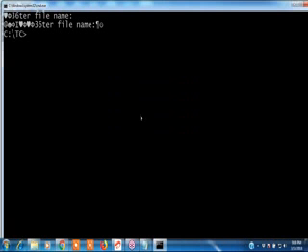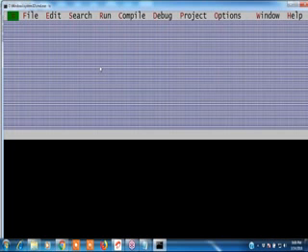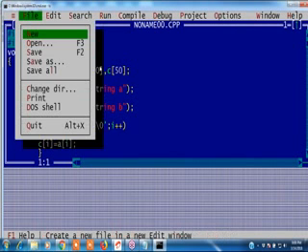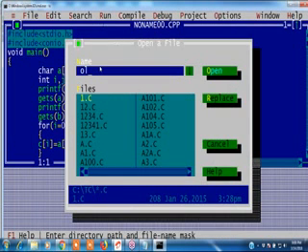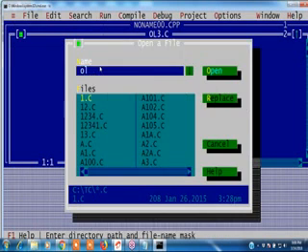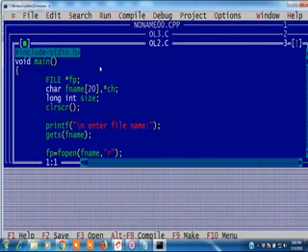This is a memory error. Because of the memory error it stopped. The program name we saved as ol3 dot.